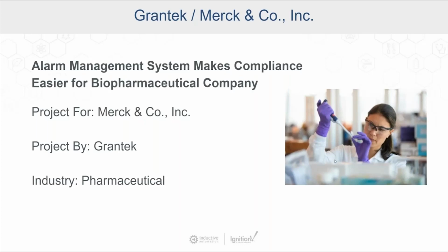So this is a project that Grantek designed and built for Merck Corporation. We were contracted with Merck to build an alarm management system for their West Point, PA facility to help improve their compliance and workflow. In the early conversations with the customer, we realized that we were going to have to incorporate a lot of features that push us outside of the standard scope of alarm management and alarming systems,